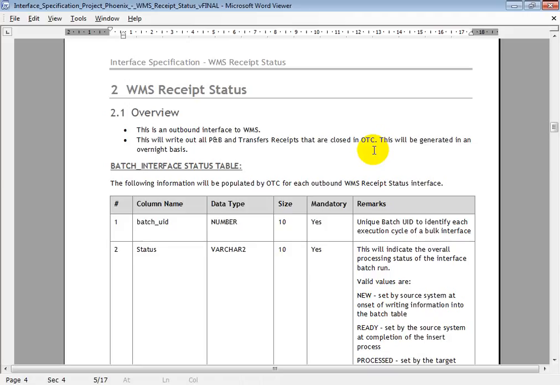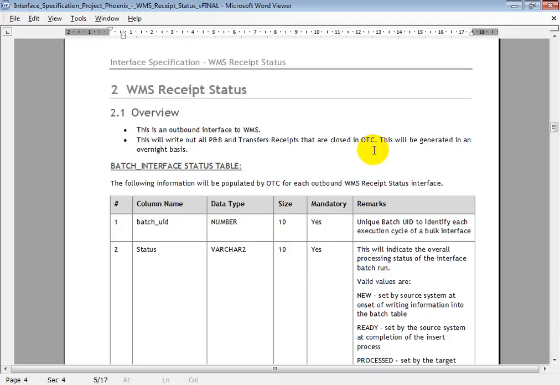What is closed? Starting is when you create a print and bind receipt, the status will be new. After that you send that receipt information to WMS through the expected receipts interface. At that time it will be open. Once the Indie team processes those receipts and sends the actual receipts for that particular ISBN, then the whole process of the expected receipts has been completed. So at that time the receipt will be closed.